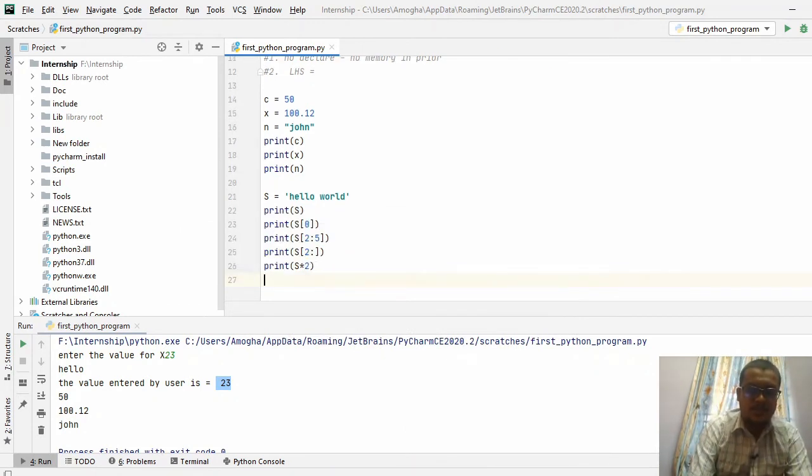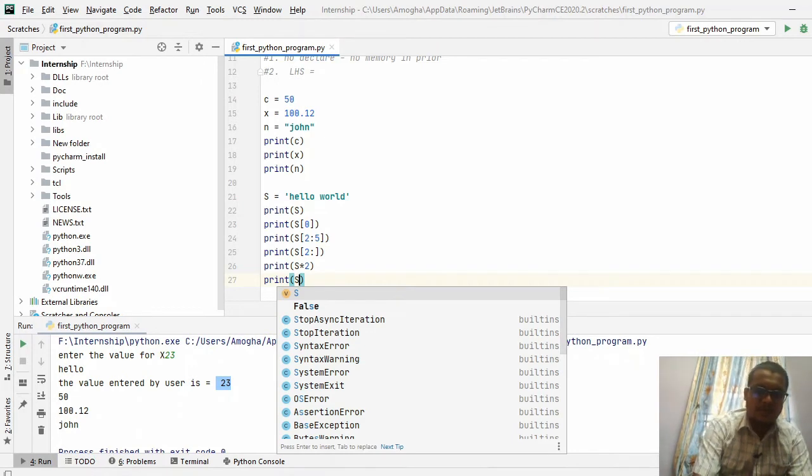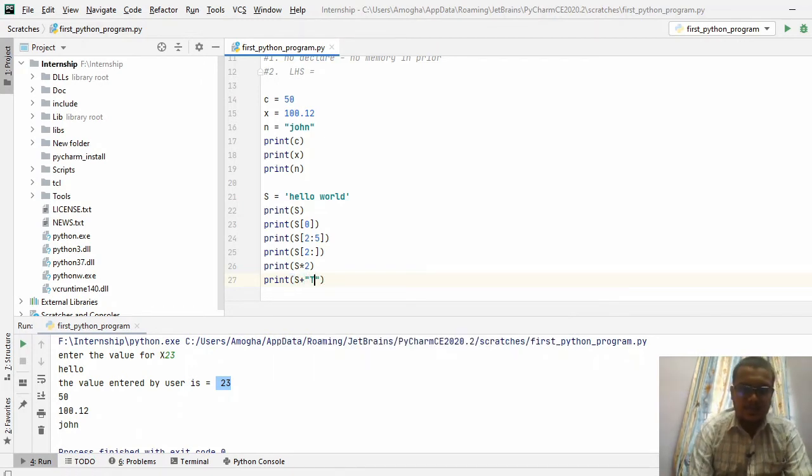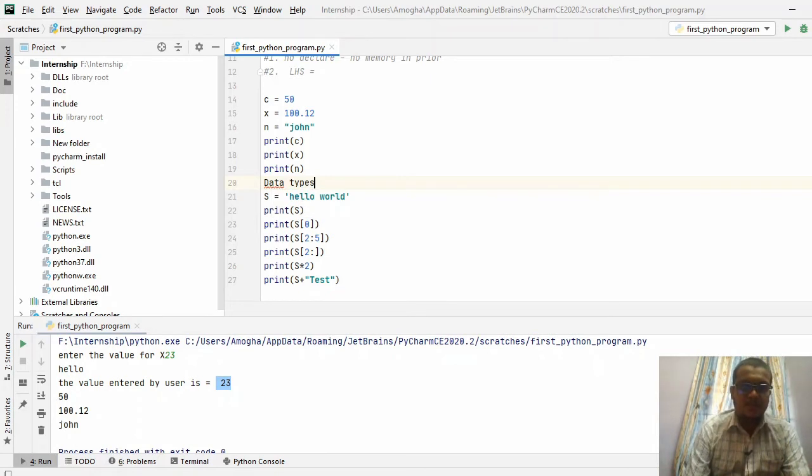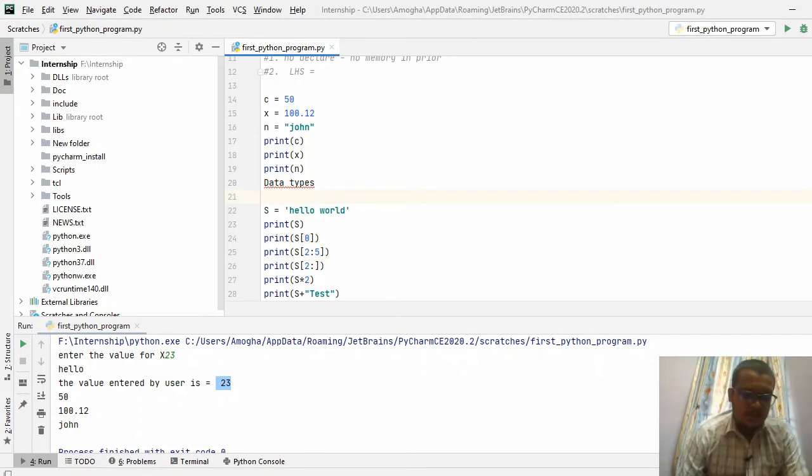and I am multiplying the string by 2 times, and I am performing a concatenation operation here. So why I am explaining this one is like, so these are all the data types of a Python. So data types is like, so it is a version which have been available in order to store the data into an memory.